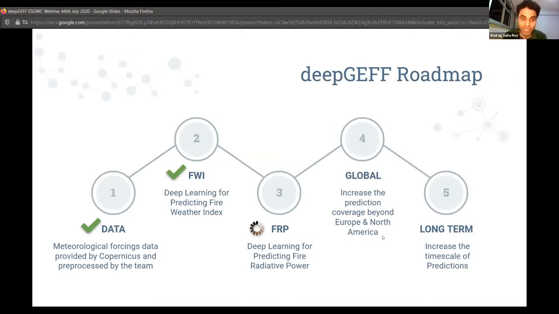These are quite huge data sets, 800, 900 GB of data, quite an interesting and exciting challenge. Once we were done collecting and processing the data, we moved forward to training our model for predicting FWI, and we're currently in the phase where we work on FRP. Going ahead, as Roshni mentioned, we try to increase the global coverage and also the timescale of predictions.